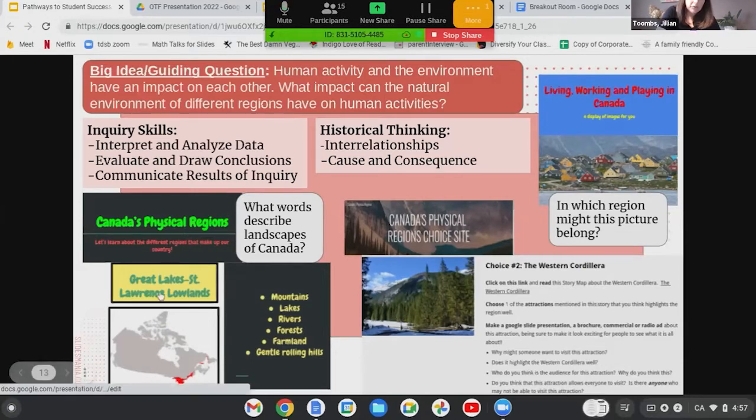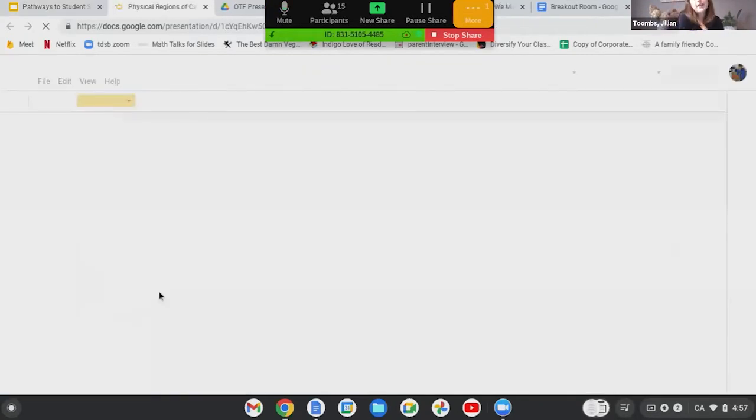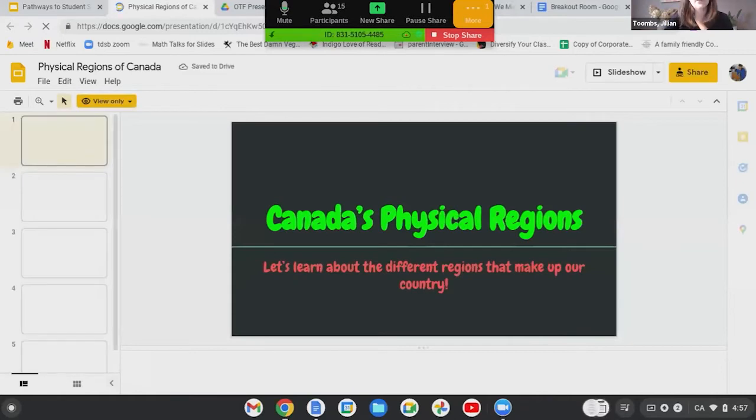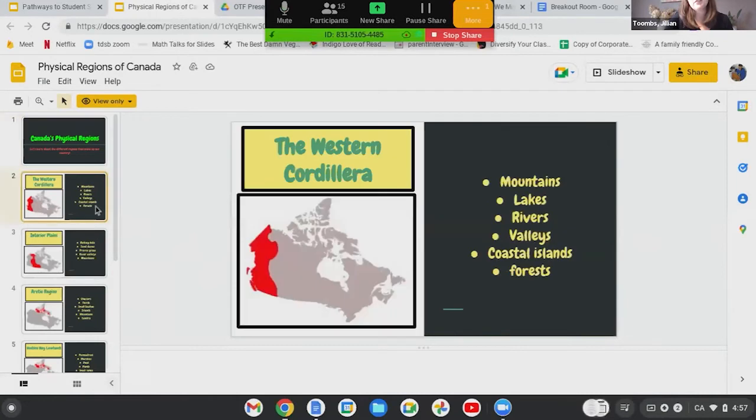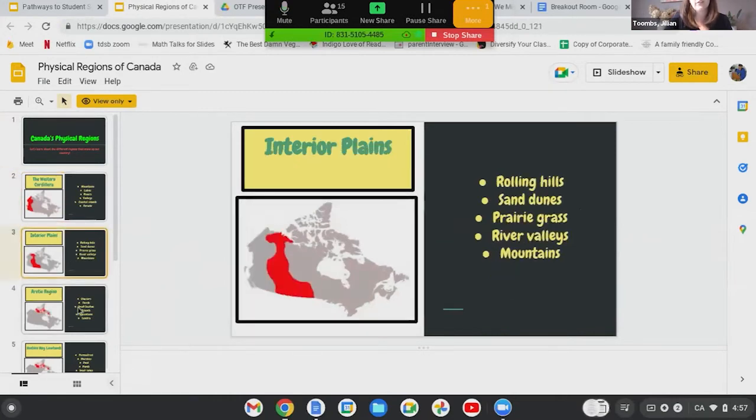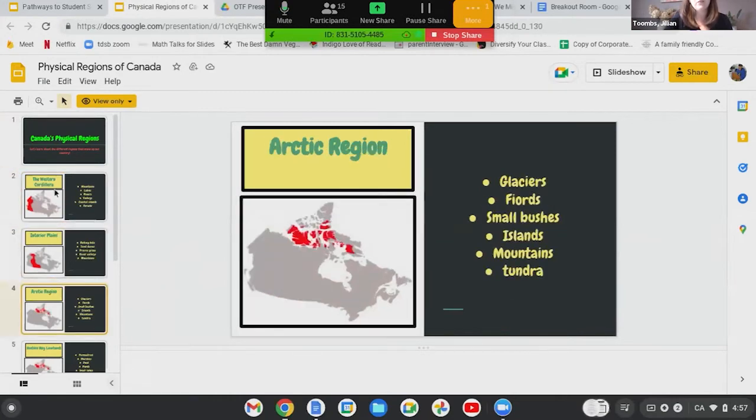I'll take you to the first one. The first slide deck is mostly background knowledge building for your students. So you may want to do something fun with them to see what they already know before you show them this. But the slides show us maps of each physical region, and then they highlight the key features that are associated with that region. And so that would be really helpful for grade 4 teachers to have. Make a copy for yourself and change it as you need.